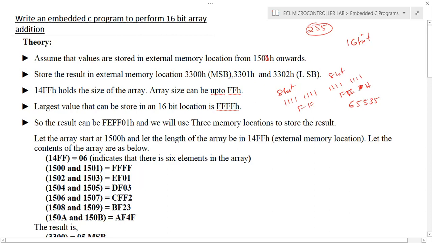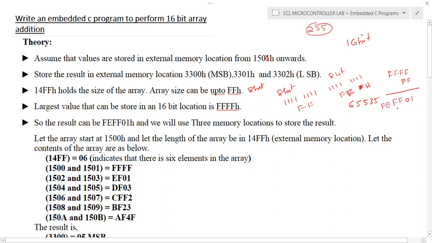So there is one possibility that all values are FFFF, that is 65,535, and the count value is limited to FF, because we are storing the count value in an 8-bit register. So we'll only allocate one memory location for that. If you perform this operation FF, that is 255, times, you will get the sum result of 01FEFF.